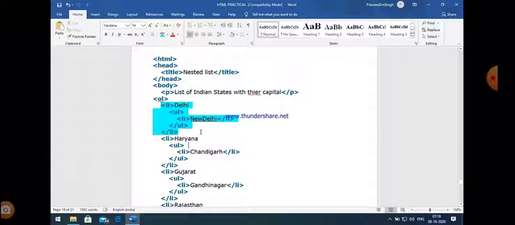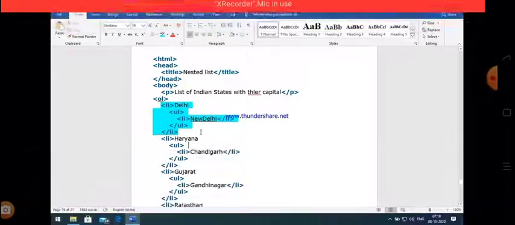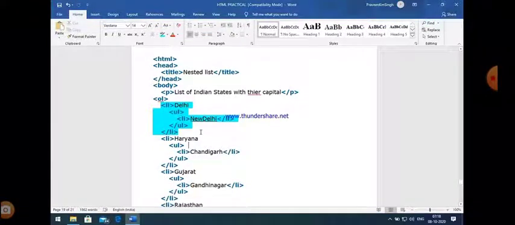So after the execution of that part of the program, an ordered list is created, in which the first item is Delhi, which is represented by a number, and then the capital of Delhi is represented by a disk, because by default unordered list items are represented by a disk.